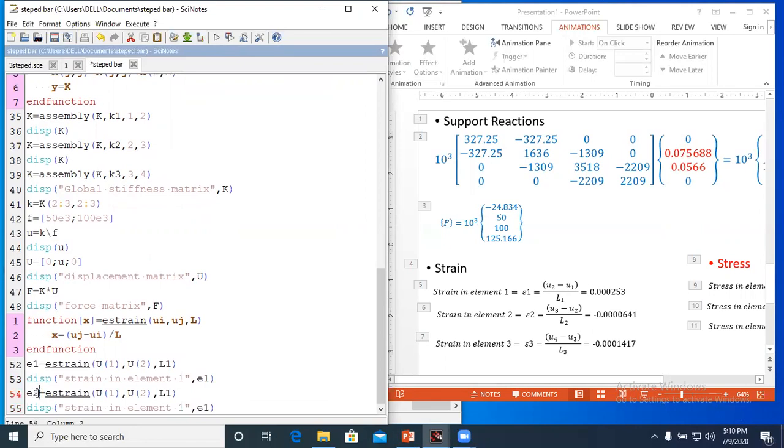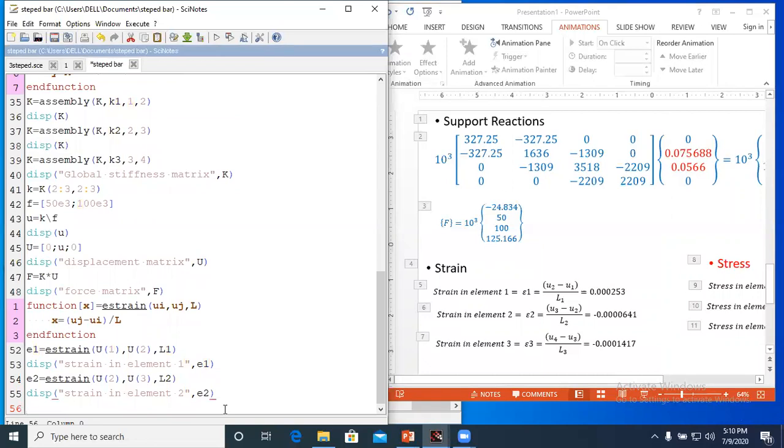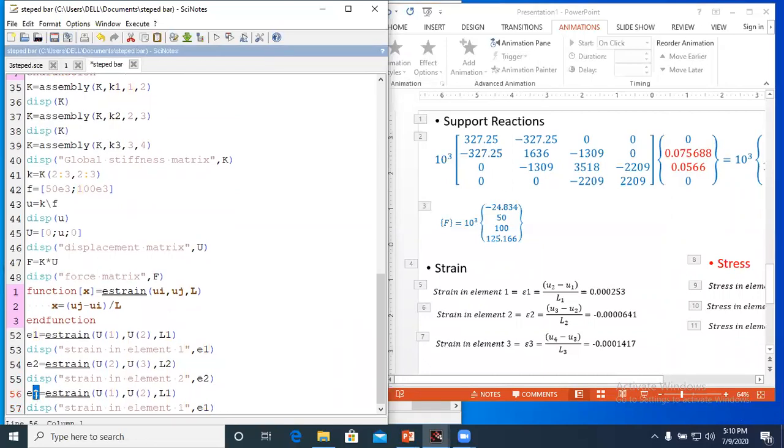E2 is the strain in element number 2, and here the displacement of node number 2 is your U2, the displacement of node number 3 is your U3, and the length of element number 2. Here display the strain in element 2. Okay. Next one, for the third element, it is E3, displacement of node number 3, displacement of node number 4, and length of element 3.